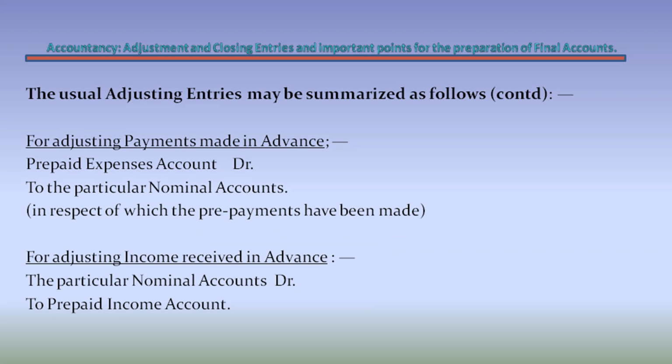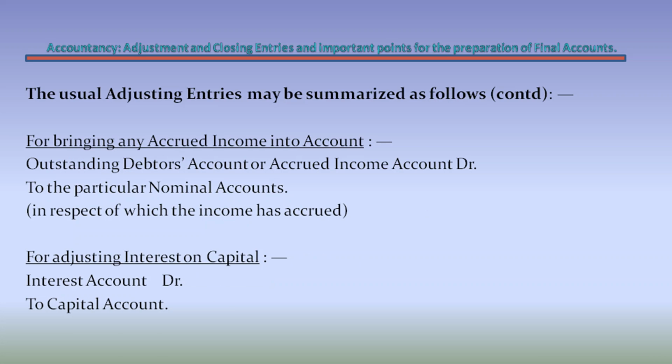not paid. For adjusting payments made in advance, prepaid expenses account debtor to the particular nominal account, in respect of which the prepayments have been made. For adjusting income received in advance, the particular nominal account debtor to prepaid income account. For bringing any accrued income into account, outstanding debtors account or accrued income account debtor to the particular nominal accounts,